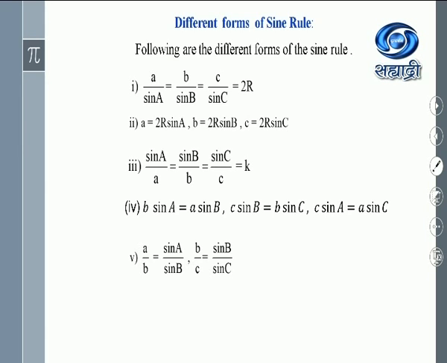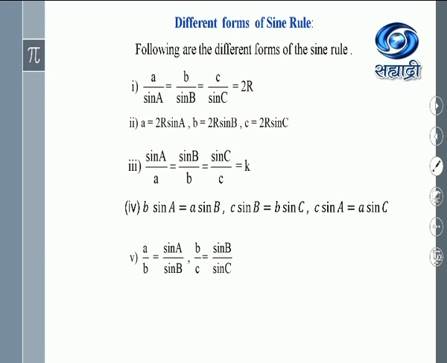Okay. So the last one is a upon b is equal to sin A upon sin B. See how to find. Again the same thing, or you may consider this one. How to find? This b we cross multiply, and this b we write in the denominator. That becomes a upon b. And this sin B we write to the LHS, and it comes in the denominator. Thus a upon b is equal to sin A upon sin B.